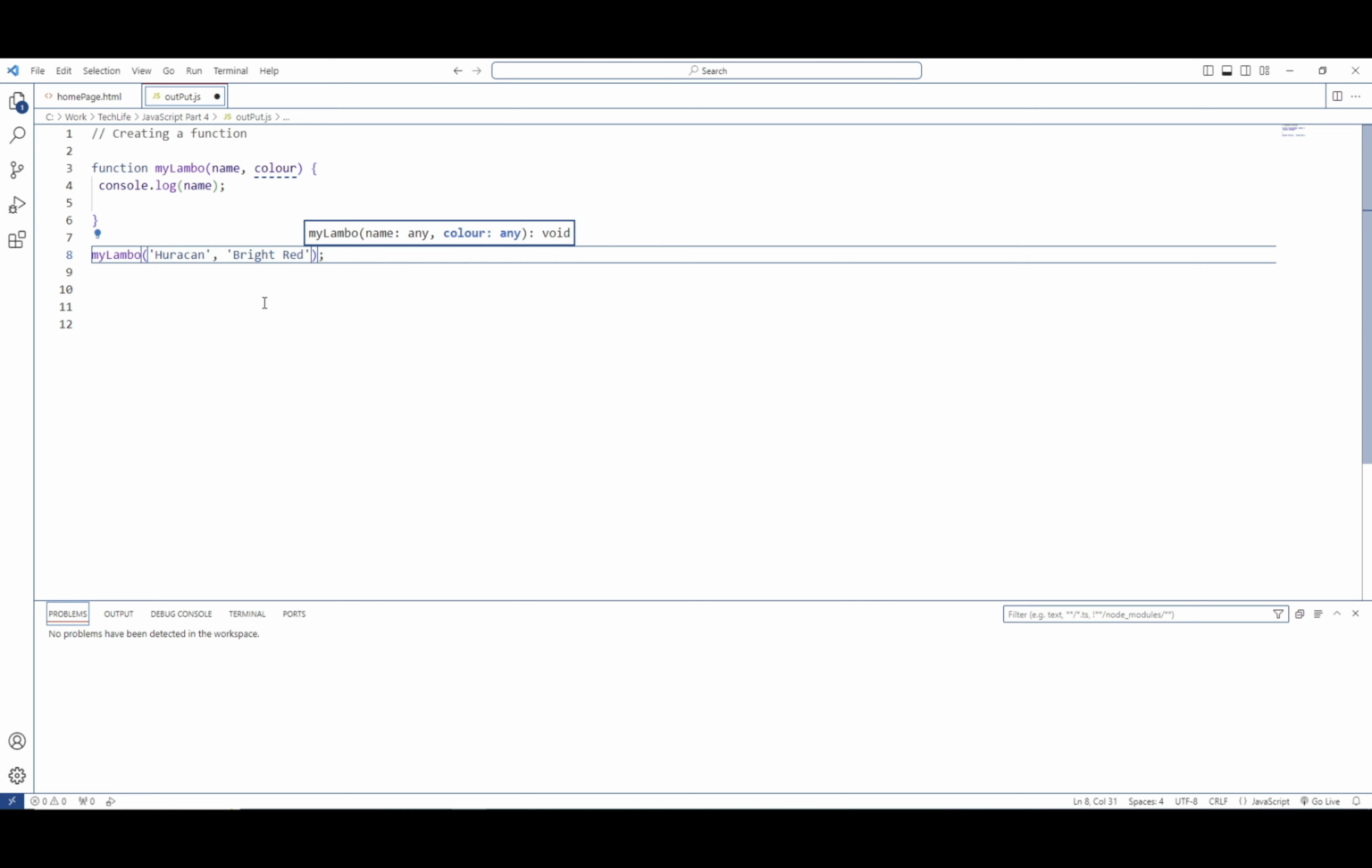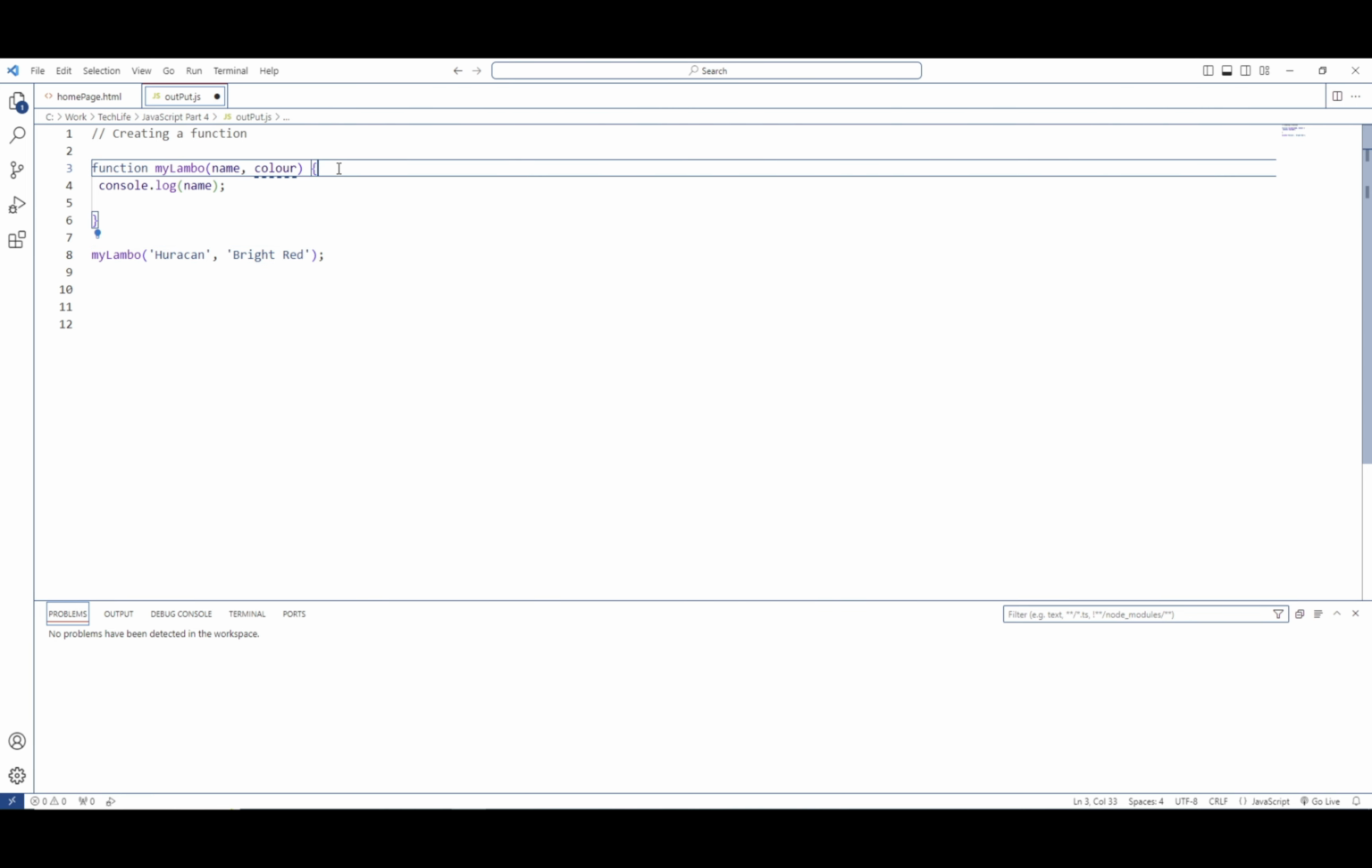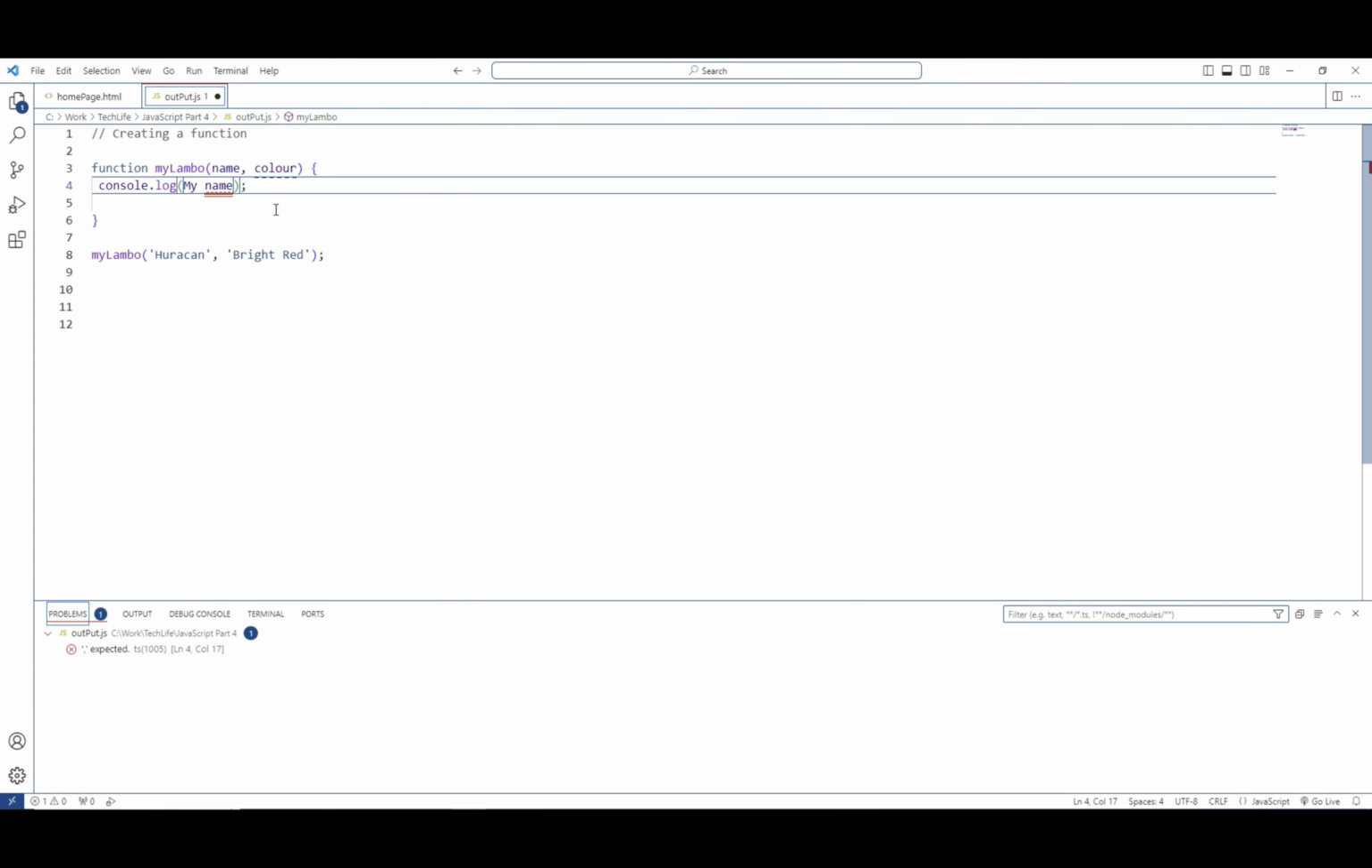So we're going to have a bright red Lamborghini. And I'm going to change this console.log because now I want to output both the name and the color of my Lamborghini. So I'm going to just change this to single quotes, my Lamborghini is a, and we're going to concatenate the value of